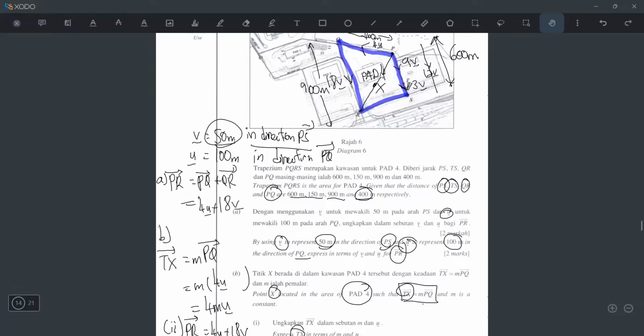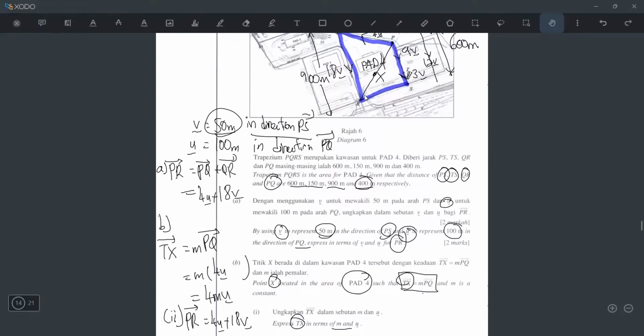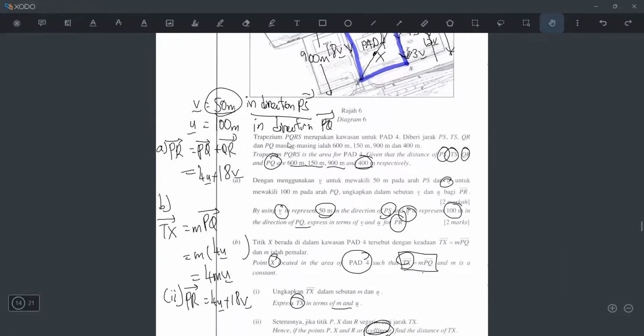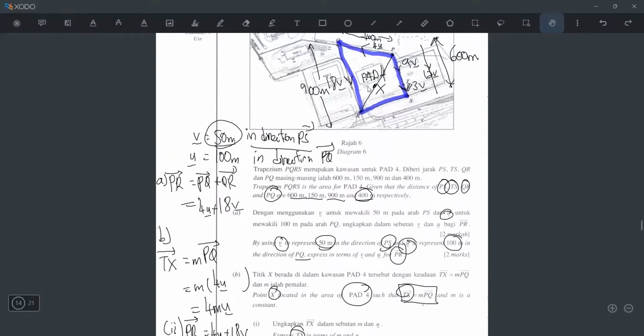The second one I can take PX, or I can also take XR. So what do you think? Which one do you think I will take? If I take XR, I don't have any information to help me. But if you do PX, it's easy to find, because